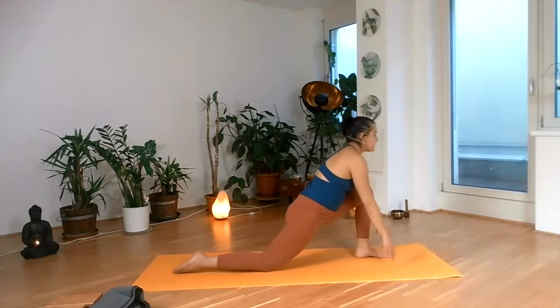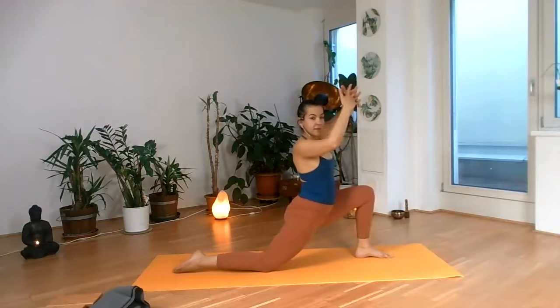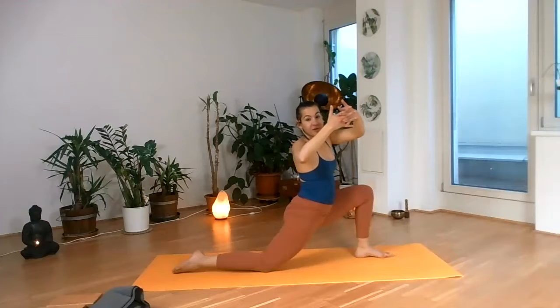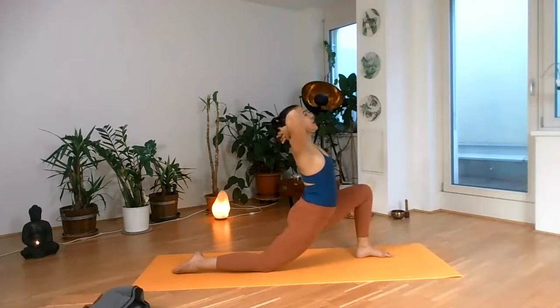We're gonna come all the way up, clasping the hands this time. As you clasp the hands, maybe you wanna switch the side. So if the right finger is on top, like I have it, then you can bring the left one or the other way around. So just choose the uncomfortable part. Head is resting there, looking up,